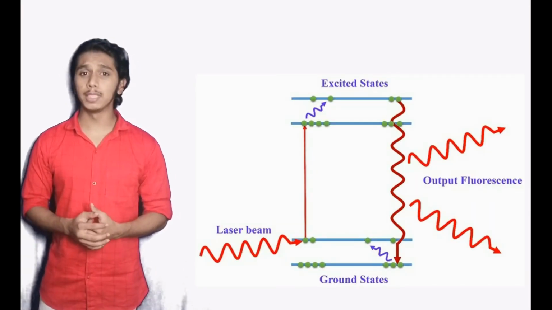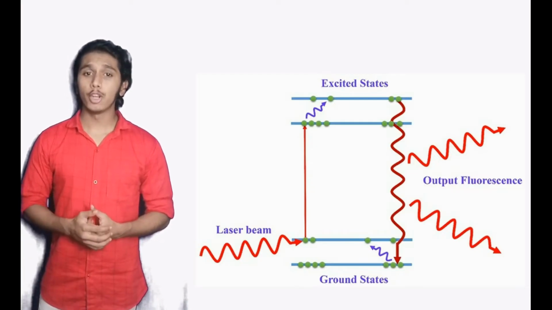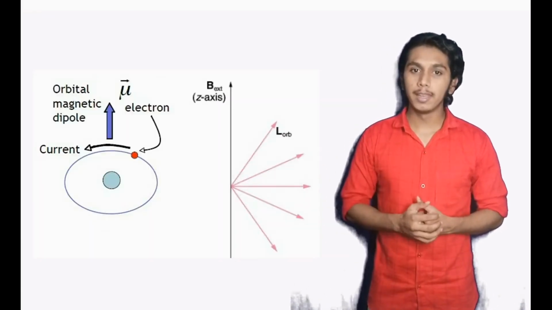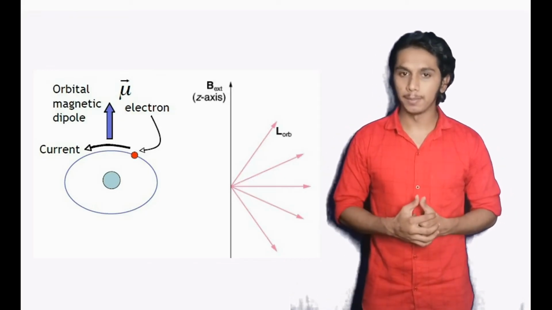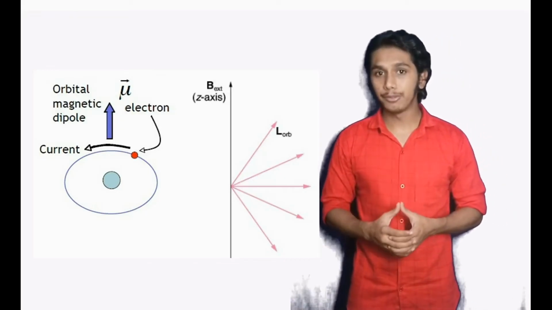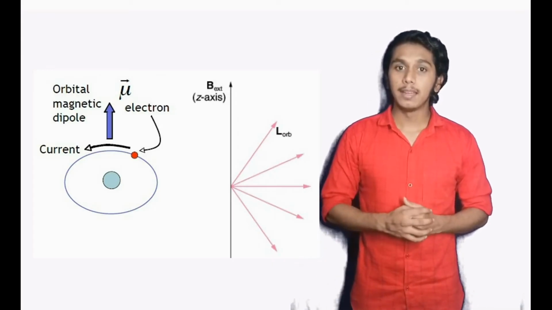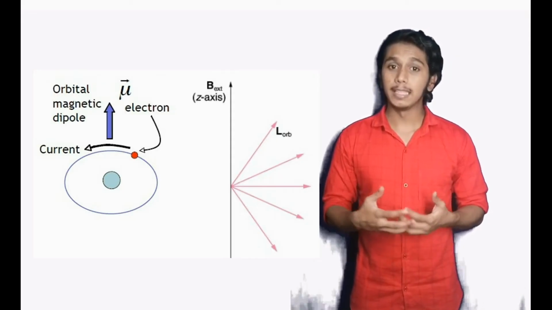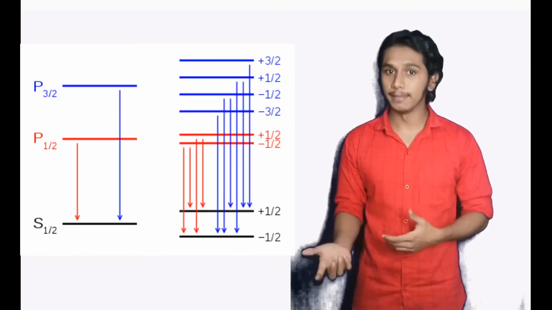But why are we using this magnetic field? The reason for this is that the atoms absorb a very specific frequency of photons from the laser in order to get excited. That means the atoms have hyperfine structures. More on this later. Let's take an example of an electron orbital of an atom. In this diagram you can see that the arrow pointing upward is the magnetic moment of the electron orbital. When atoms are placed in a magnetic field, these magnetic moments tend to align themselves in the direction of the external magnetic field, which results in the splitting of these hyperfine structures into sublevels.